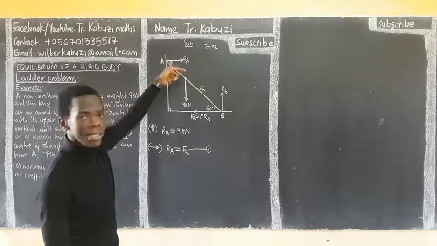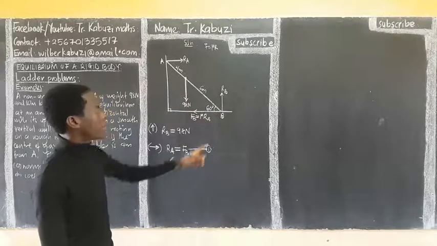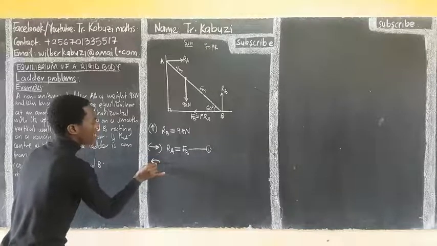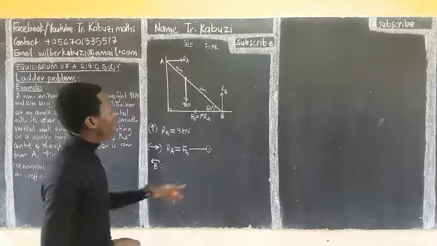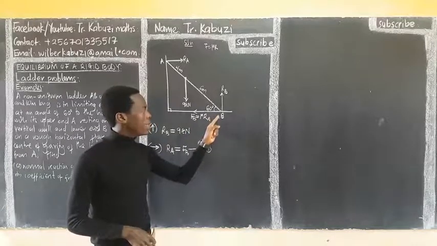You can, but this is simpler to determine that distance. So that's why we take moments at B. Taking moments at B anti-clockwise, you can take them clockwise, no problem. Now, anti-clockwise: if you take moments at B, it means that all the forces from B are going to